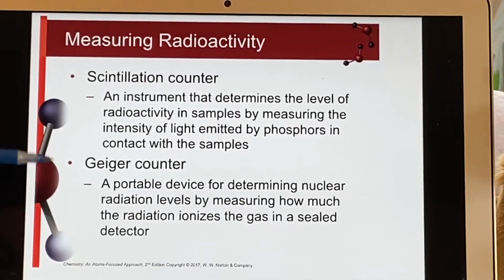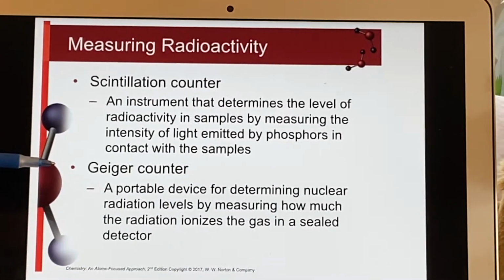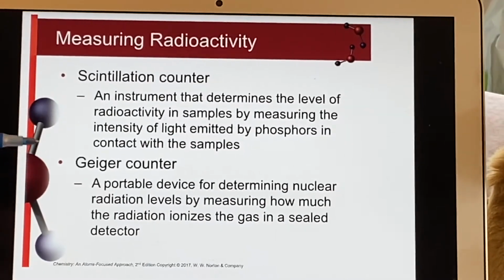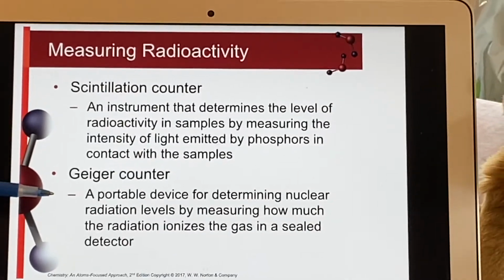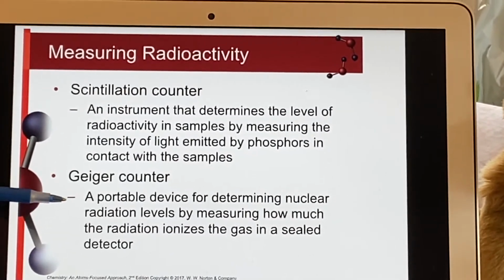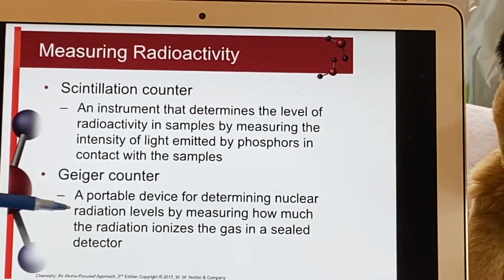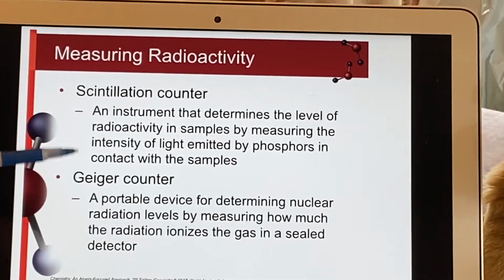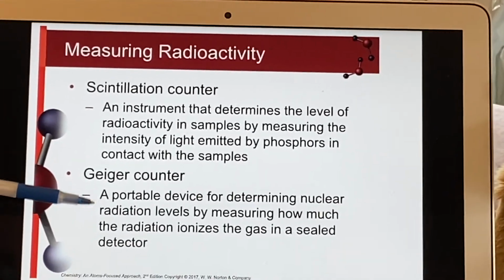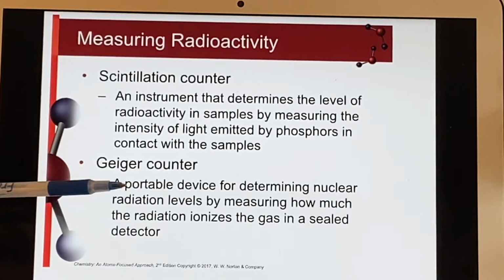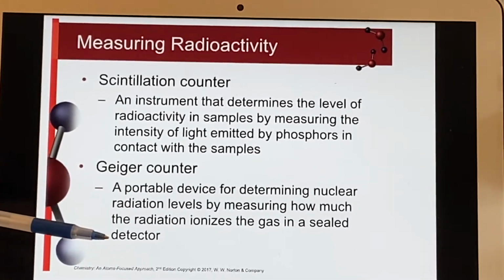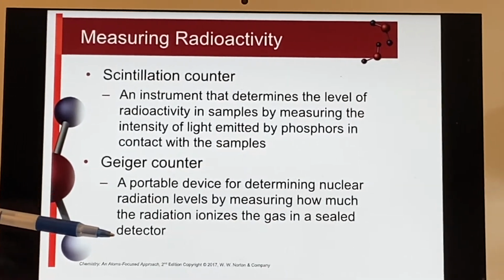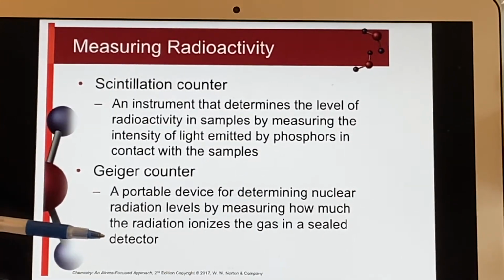Another method is the Geiger counter, which you might have seen in a movie or something, where it goes click, click, click, click, click. And the faster it's clicking, the more radioactivity there is. It's portable, so you can carry it around with you. How does it work? Well, the radiation itself will ionize the gas in the detector, and the fact that it changes the gas to an ion will allow that to be moved to one side or the other, creating an electrical circuit. And when the circuit is completed, it will make a click,